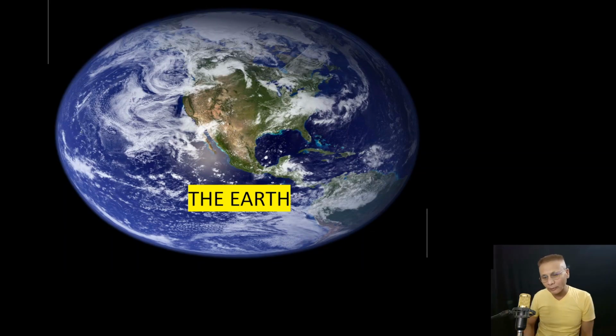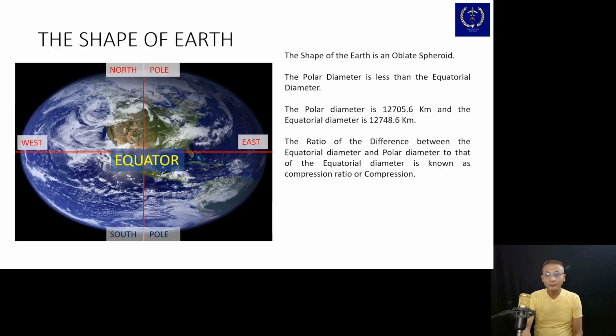Today we will talk about the first chapter of air navigation, that is the shape of the Earth. When we talk about the shape of the Earth, it is not a perfect sphere, as you can see in this particular globe. The polar diameter is slightly lesser than the equatorial diameter. The polar diameter is